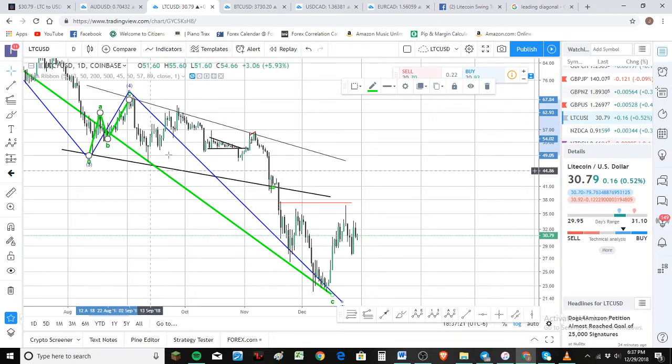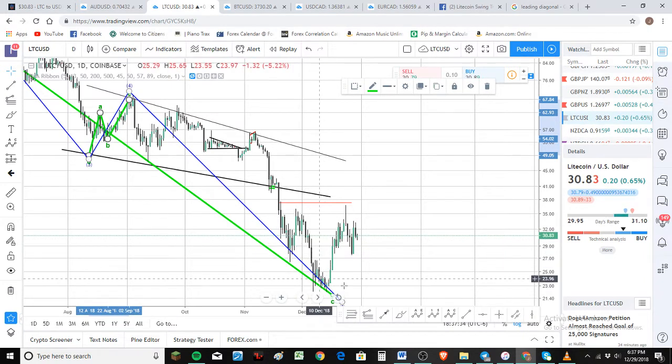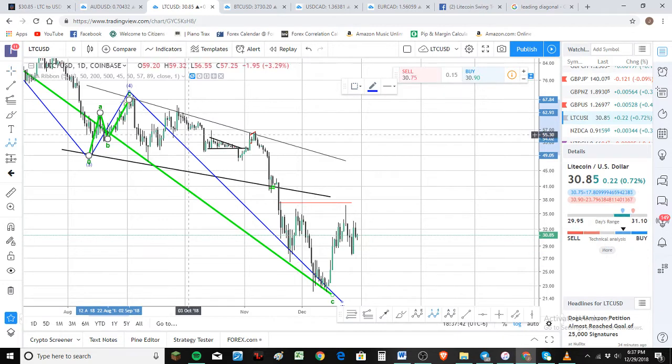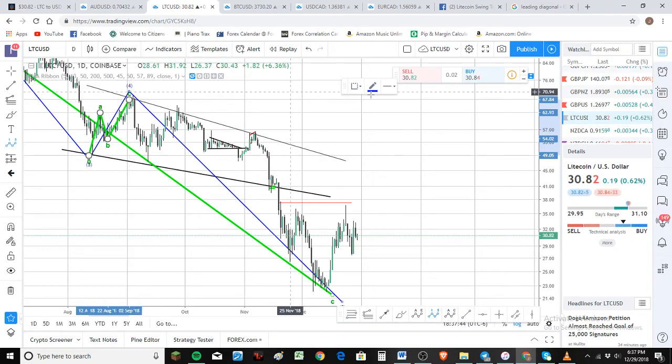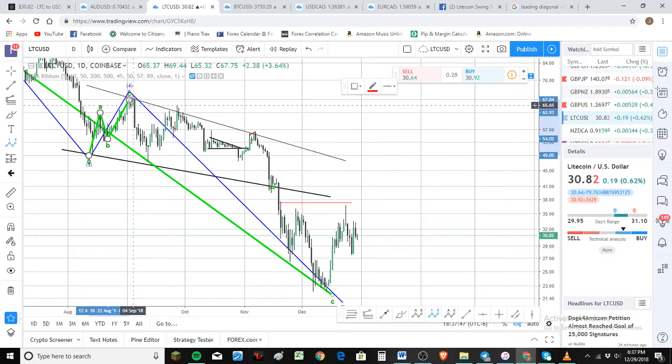So this would be a 1, 2. I actually kind of like this a little bit better. Not sure. I just go back and forth on it. It's so hard to see sometimes. But we've got a 1, 2, and we've got a 3 wave. It's pretty clear. We've got a 4, 5. That could be a clear 5 waves down, if this entire thing is a 3, which is a possibility. This is the difficult part of Elliott counting, is sometimes you just don't know.